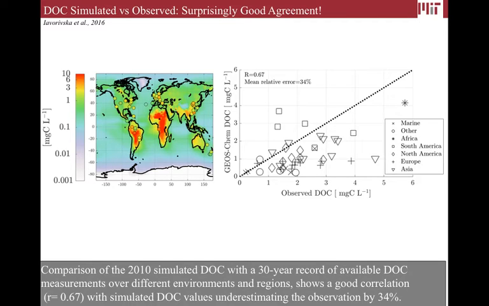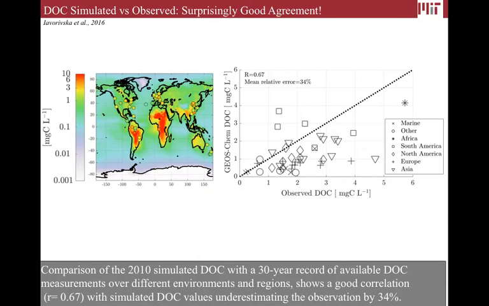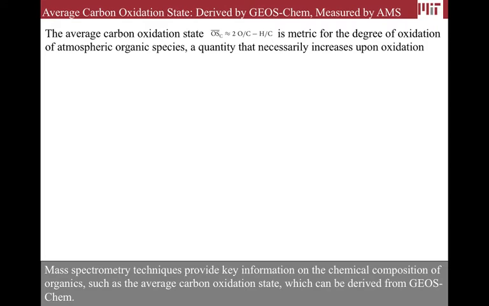Actually, the correlation coefficient is 0.67, and GEOS-Chem tends to underestimate the observations, which we would expect. Now, given this, it will be interesting to use GEOS-Chem to derive something that we can measure, for example, with analytical techniques that can help bridge the gap between observation and modeling. And the average carbon oxidation state, that is defined, as you can see, is a metric, and